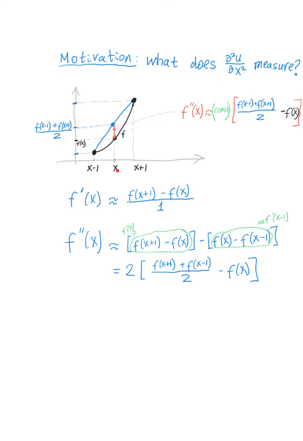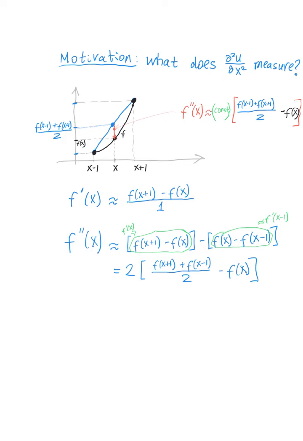So here's x, these are neighbors. So we look at the y values of the neighbors, we take their average, and we subtract the y value exactly at x. So this difference between the average at the neighbors and the y value at x,